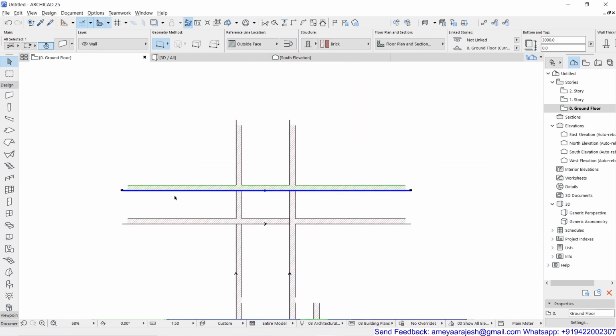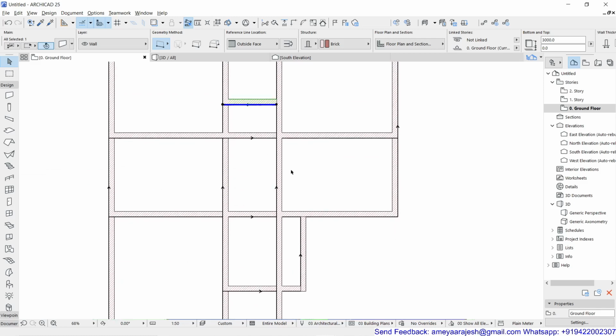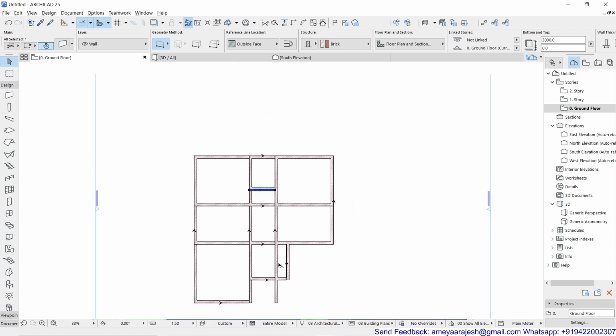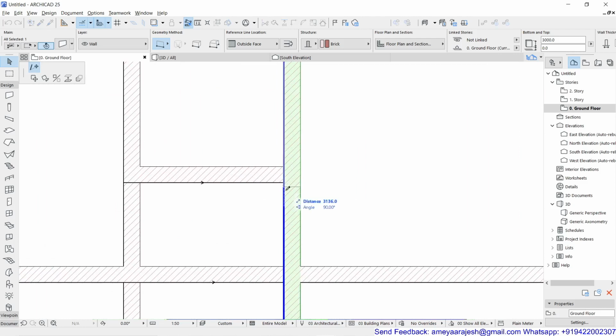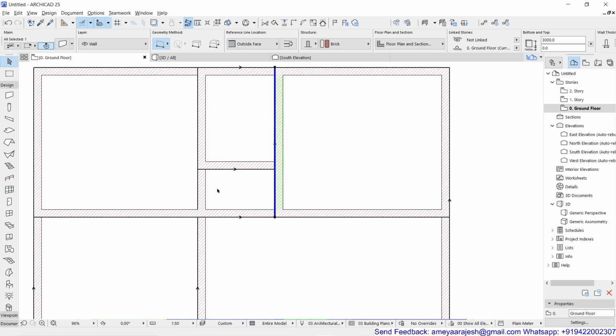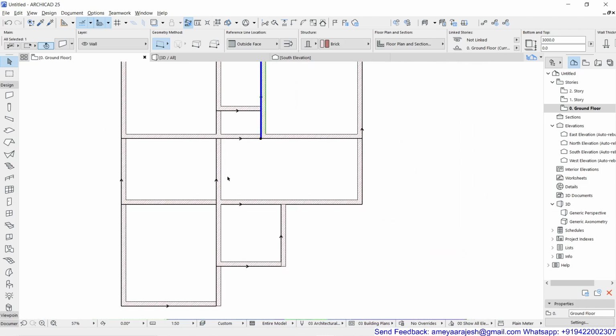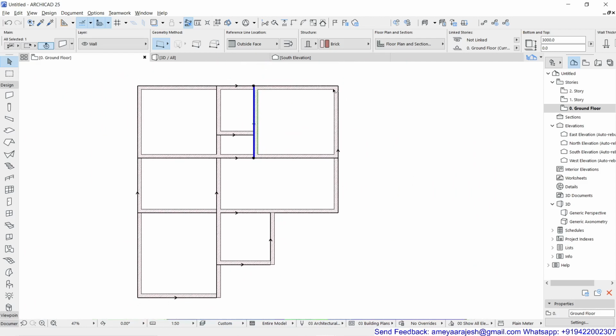1430, and now if I want to trim down, I can click on the node also, or I can hold the Control key. It's absolutely on your end. Now, instead of trimming every time with several clicks, it's better I should try to click over here, and directly come up to this level. Remember, you're not supposed to generate any opening which leads to a passage or a door or window. You have to keep the walls going through and through, because later when we use the door tool and window tool, you will realize that the punctures will get created.